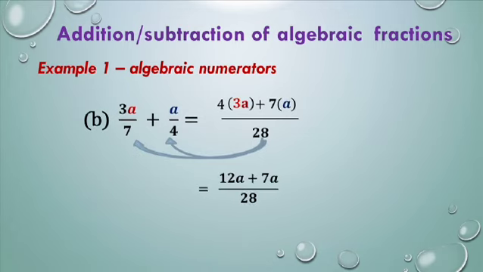This gives me 4 times 3a, 12a, plus 7 times a, 7a. Now these two are like terms, so I can add them. 12a plus 7a, which gives me 19a over 28. Part C,